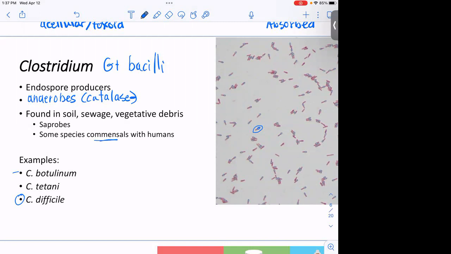Clostridium tetani produces a neurotoxin that keeps our muscles from relaxing. Actually, the botulism neurotoxin works the other way. It keeps our muscles from contracting, so we die of asphyxiation, but the tetanus toxin keeps our muscles from relaxing. So we get this rigidity. Both of them are treatable if we catch them early on, but you have to get a tetanus shot every 10 years or so,